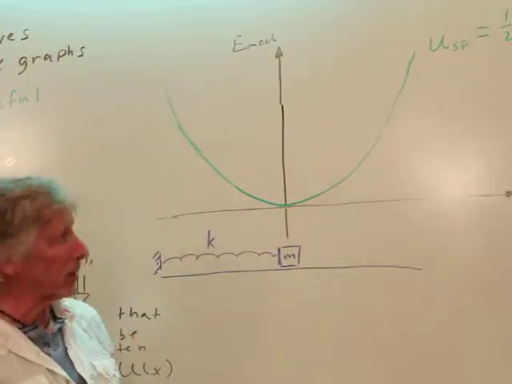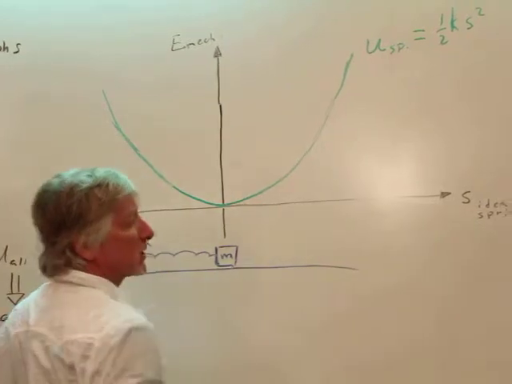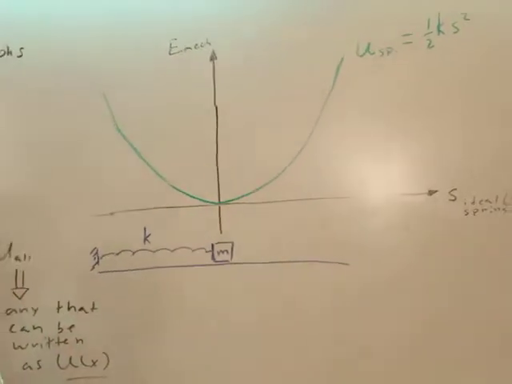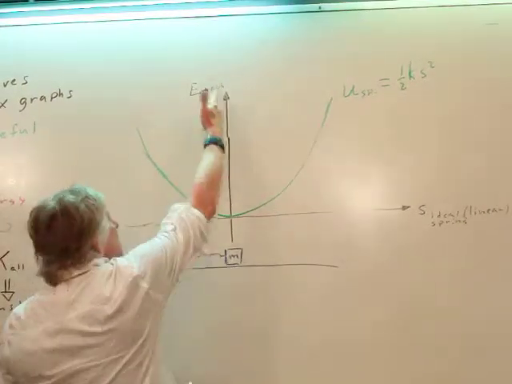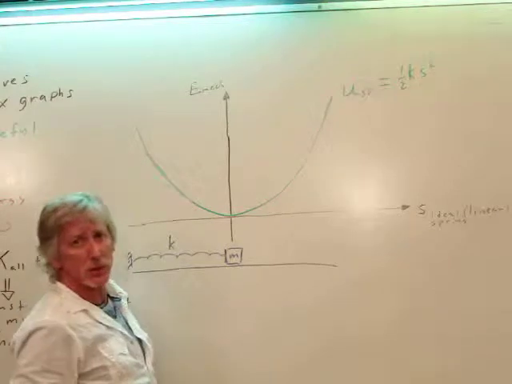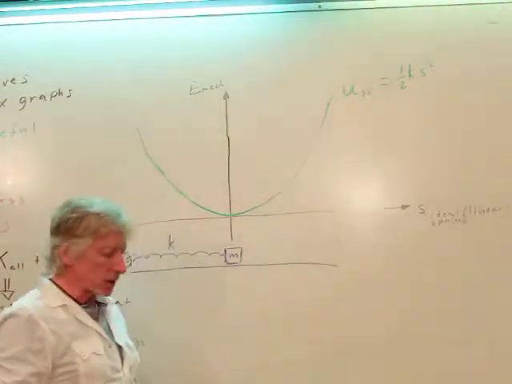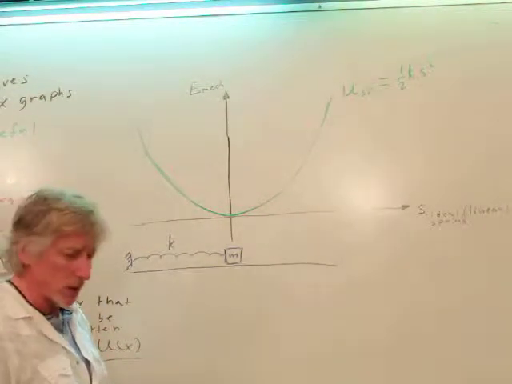Oftentimes this graph is labeled U versus X. I've used S for a spring, for the amount compressed or stretched for a spring. X is fine. And that's misleading. This axis is an energy axis. It's the mechanical energy. And if energy is constant, then I've got a certain amount which I can draw here